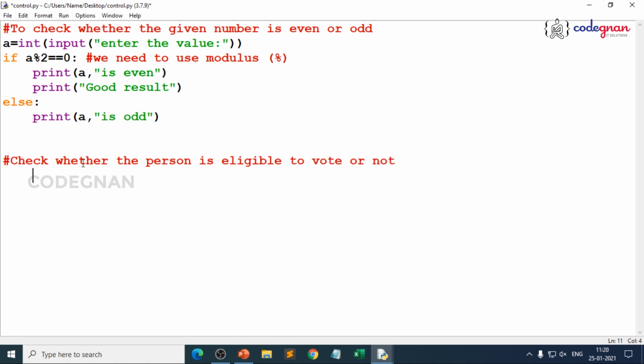Okay, now, what does that mean? Let's make it specific to India, because in India we have different principles compared to other countries, because we are a democratic country. So our eligibility is 18 years, right? If the person's age is greater than or equal to 18 years, he can easily cast a vote. I'll take up this example and we'll try to understand it.